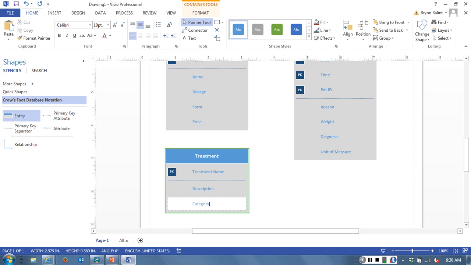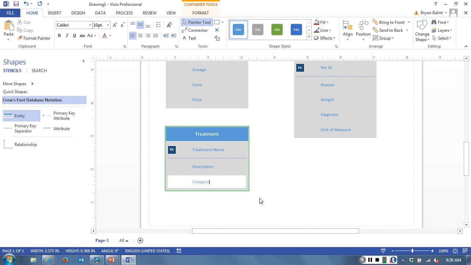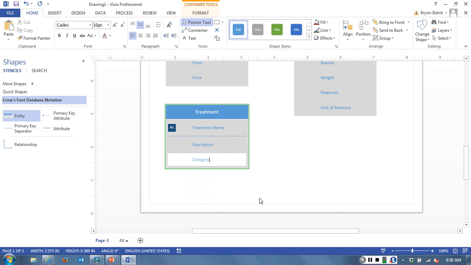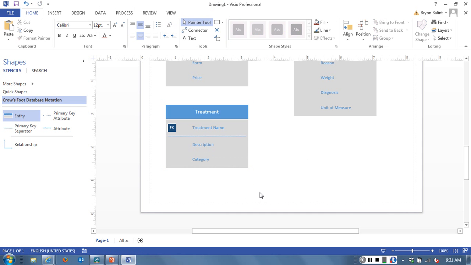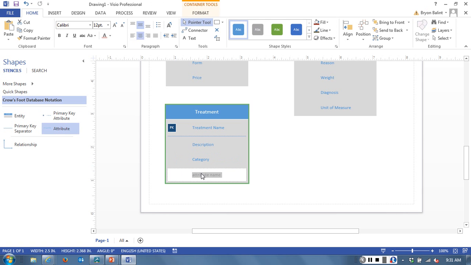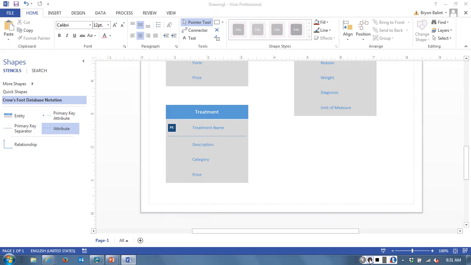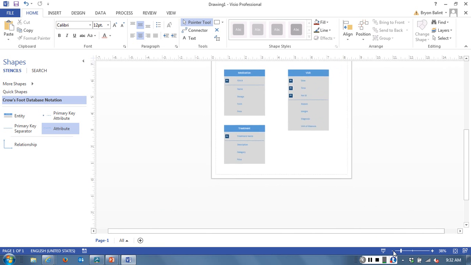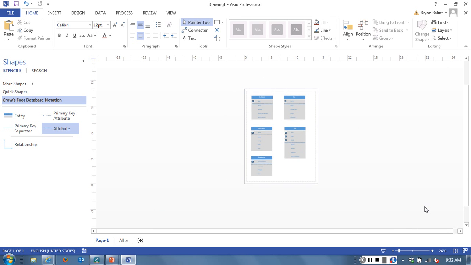Maybe we'll have different, let's say, categories of treatments. So maybe we have one category for grooming. We have one category for internal illness. One category for external illness, something like that. And then let's also give our treatments a price. All right, so let me zoom back out here for a minute. All right, so we have 5 entities,